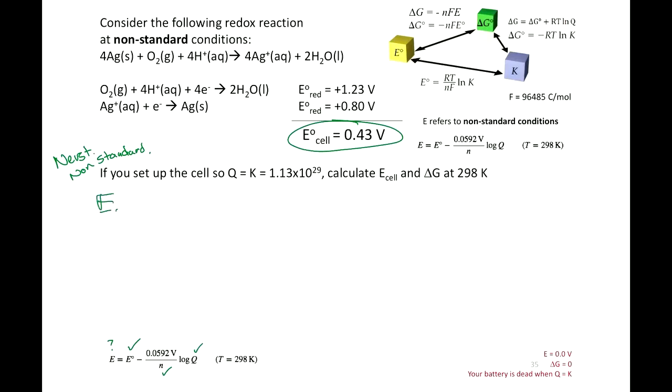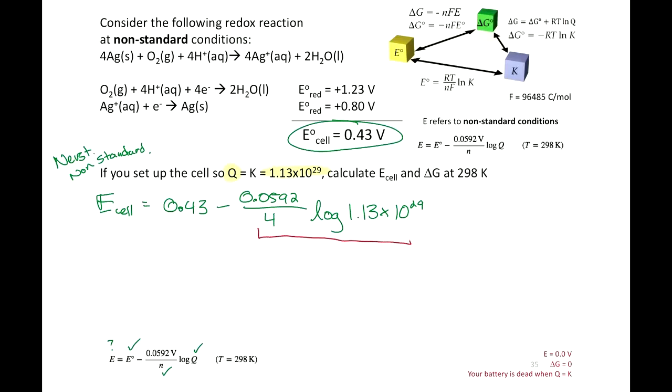So E cell, what we actually measure at these Q conditions, is equal to E naught, so 0.43, we just got that, minus 0.0592 volts over N. It's the same N as before, so it's 4, I think. Yeah, it's 4. Log of Q. So I'm telling you that you set this cell up so Q is equal to 1.13 times 10 to the 29. So I didn't necessarily give you concentrations, but I gave you the ratio of the concentrations. All right, so if you put all of this into your calculator, you get 0.43 minus